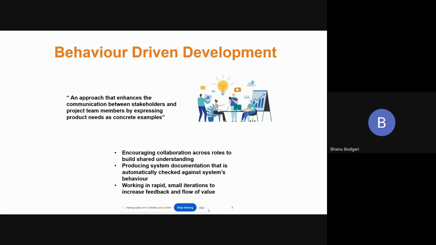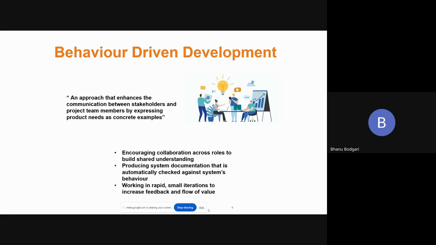So when we are working on the user stories, we should have those concrete examples for each story. These concrete examples are nothing but acceptance scenarios, like how the system should behave in that particular requirement for that particular user story. What is the system behavior which is happening, because that is something which we are documenting as a concrete example